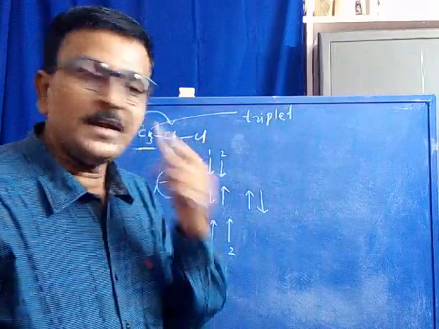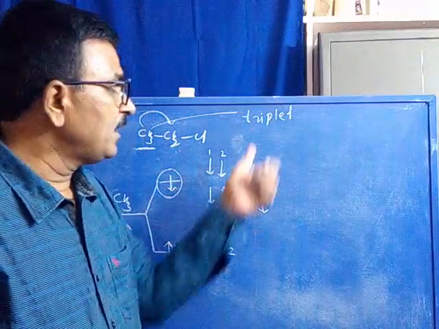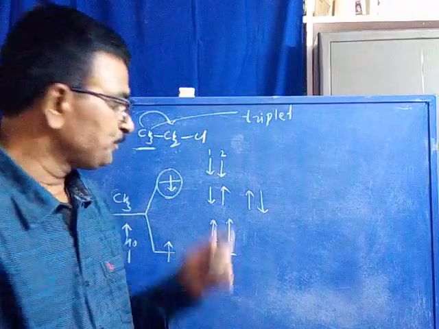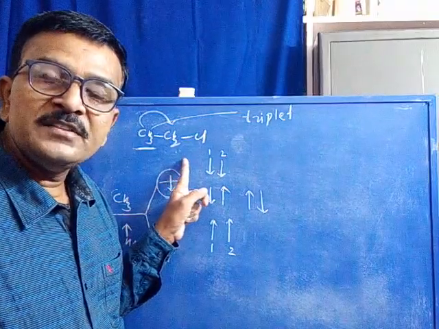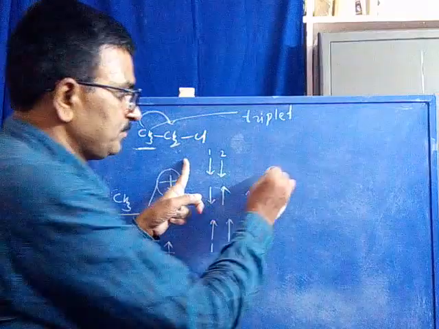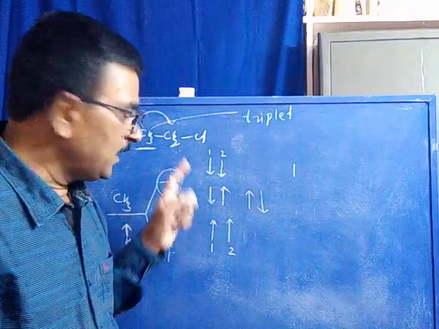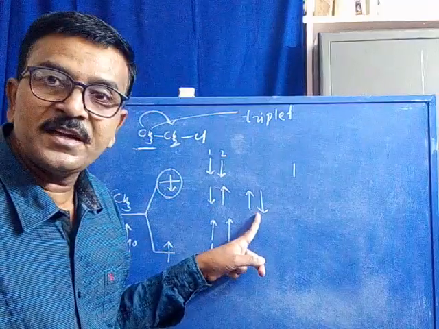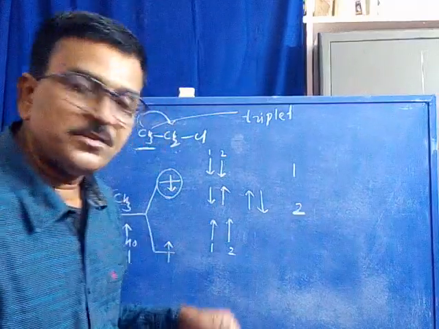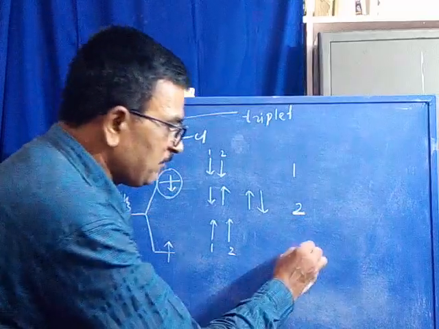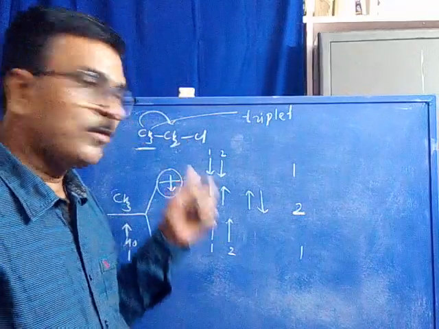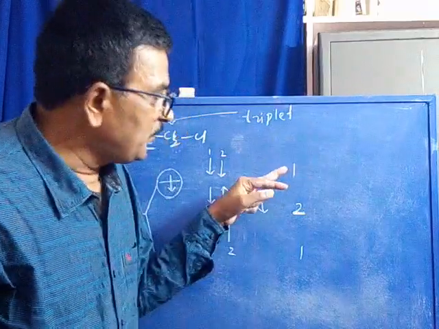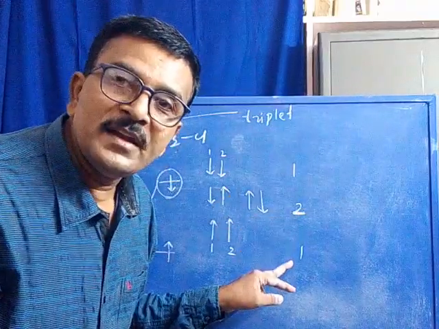The orientations for CH2 are reflected in the CH3 signal. A triplet signal appears for CH3. Is it clear? Now, in the first orientation, there is one combination. In the second orientation, there are two combinations. This is the first combination, this is the second combination. Two combinations. In the third orientation, again one combination. Therefore, a CH3 proton signal appears as a triplet with 1:2:1 intensity.